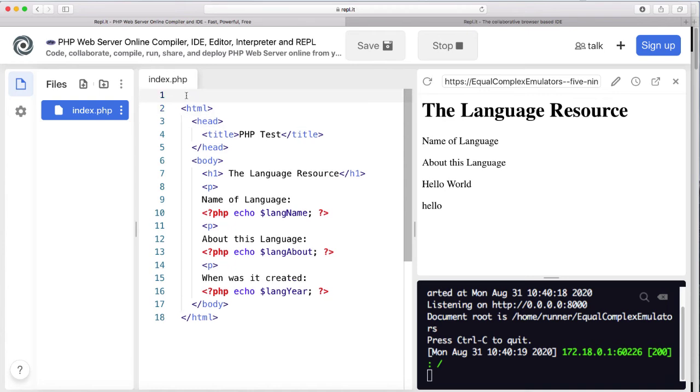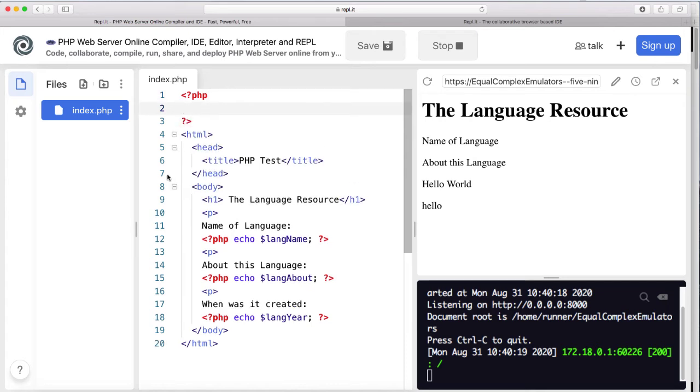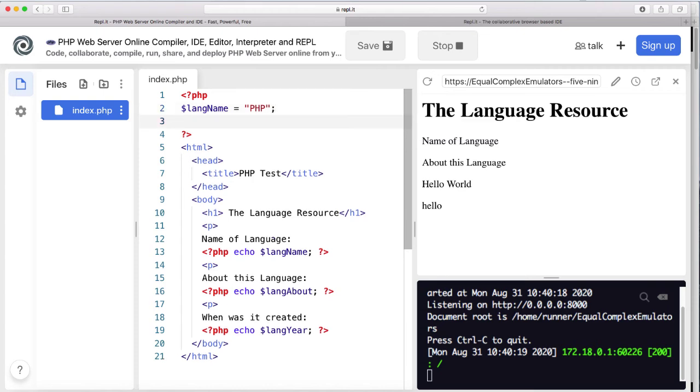Now up here, even before my HTML code, because I can do that with PHP, I'm going to create variables that these are connected to. So PHP, and then let's close my PHP tag, and I'm going to just define those variables. And it's very easy to do in PHP. We do lang name equals, and we'll actually call this PHP, semicolon,